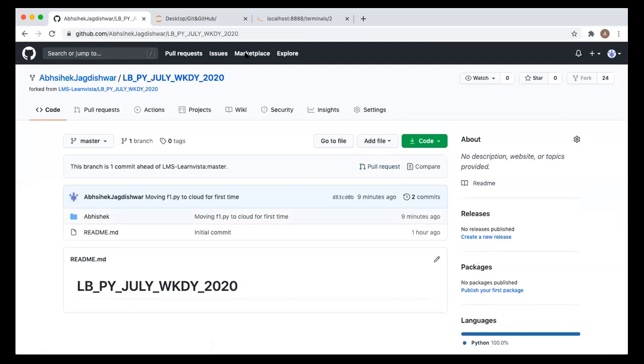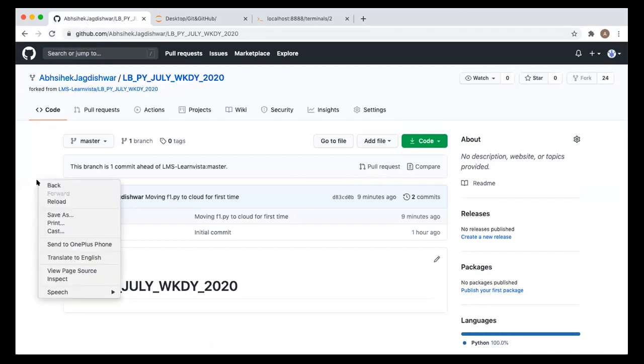Okay, so first reload this button. Have you refreshed this page? Sorry, Abhishek. Refresh the page. Come to your GitHub repository. Reload it.